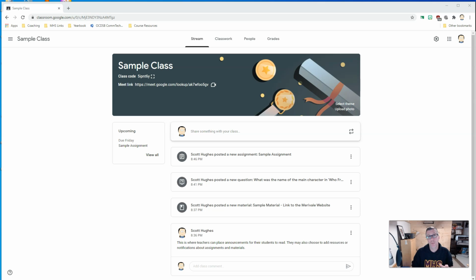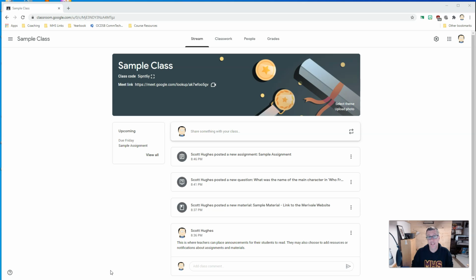What I want to do is jump through what a teacher will see, what a student will see, how a teacher will evaluate, and what a student will see as far as comments and marks afterwards. That way, hopefully parents will have a better idea of how to best support students as we go through this. So the first thing I want to look at here is a sample of Google Classroom,